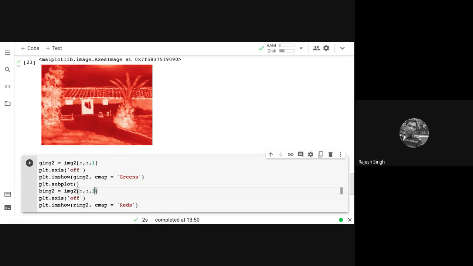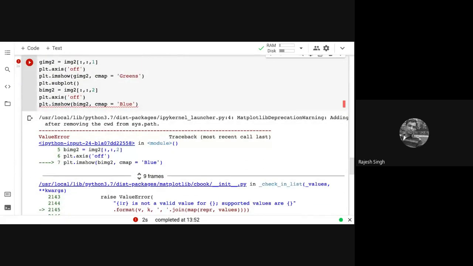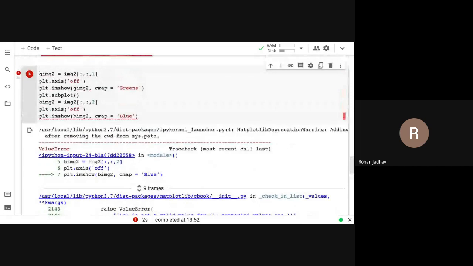So this goes to 2. Red is blue. CMAP is blue. No. Blues. Blues, plural.